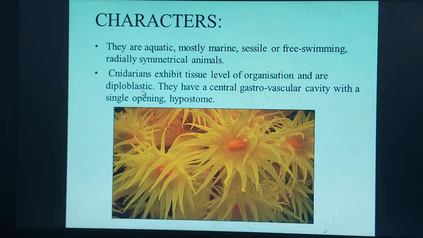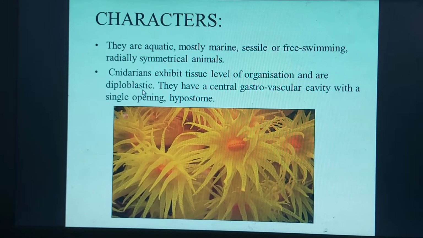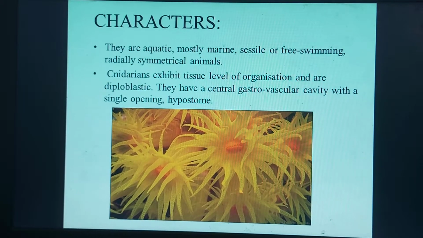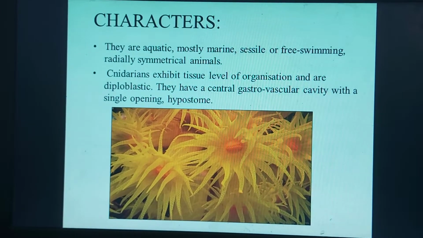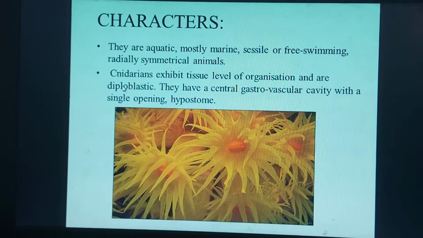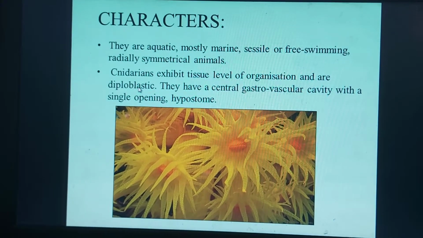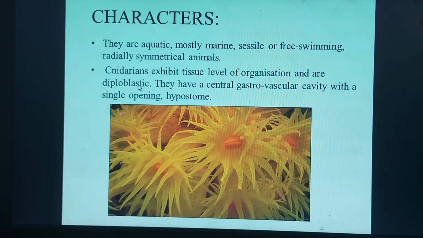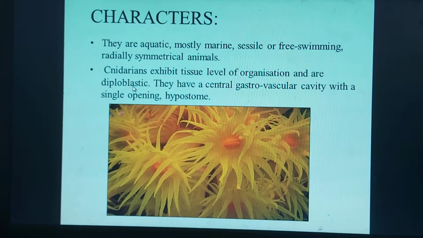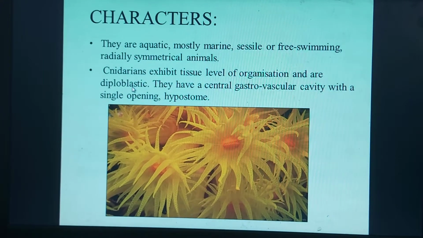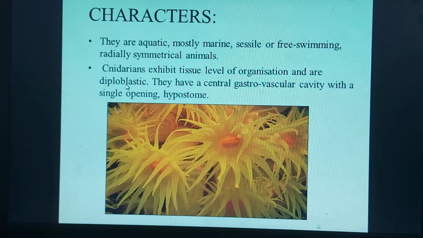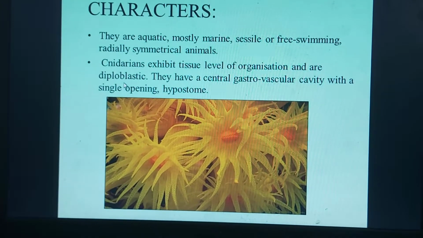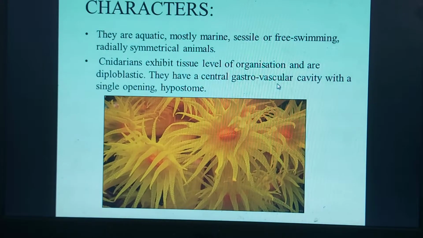The term diploblastic we had discussed earlier also in our topic where we discussed the basic criteria for classification of animals. So here these organisms are diploblastic. Diploblastic means that they develop their body from two germ layers. When the organisms develop during their embryonic stages, there are two germ layers or embryonic layers which further give rise to the new organism. So they are diploblastic.